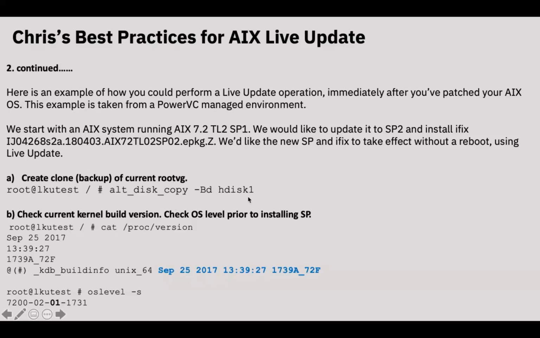We simply want to have that disk sitting around should we need to back out and recover and go back to the previous state after the live update operation. So we created the clone, and then the next step was to check the kernel build version. And the way to do that is by catting the /proc/version file. And you will see some output here that tells you the date and timestamp and the build version of the